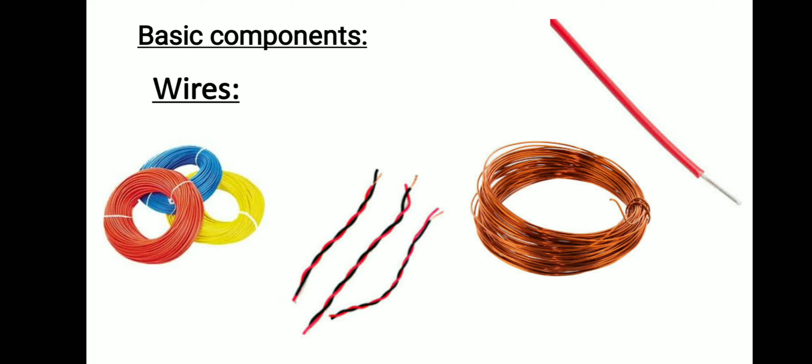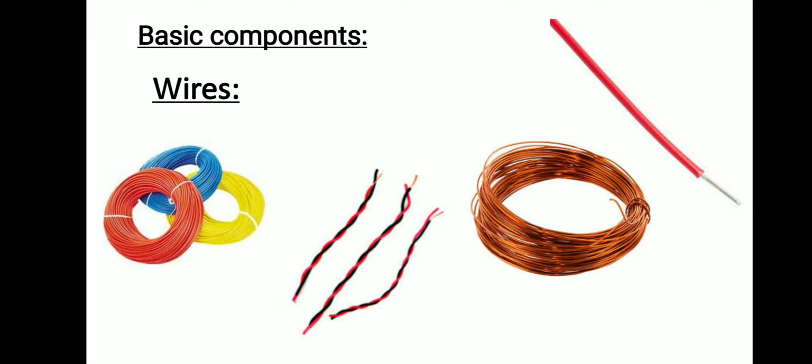First, what are wires? Can you see the coil of wires here? These are very basic things which help us to conduct electricity. I hope you remember the wire which we had trimmed in our class. Can you see the red color wire in a corner? That is what we have trimmed, and there is a metallic string present inside it.